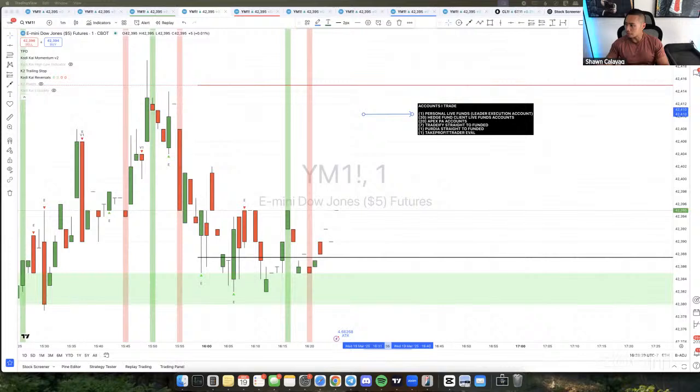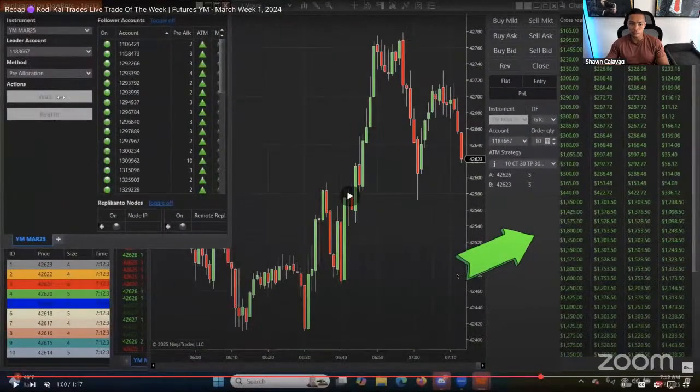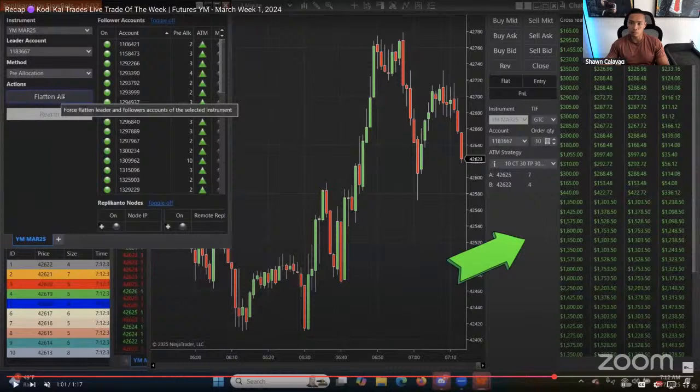Shivam said he needs to get in the habit of flattening out as a safety net. Yes, because sometimes, Shivam, I didn't always flatten out. For the breakout, I would never flatten out because it's such a big move. But one time I didn't hit flatten out, and I had one account that was still running, and I was like, what the heck? Why is the number still changing? You can see the numbers here are flat. Once I'm done with the trade, the numbers aren't moving anymore. But I had one account where the numbers were still moving.